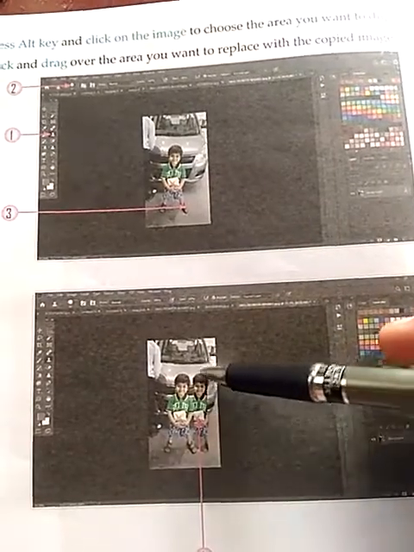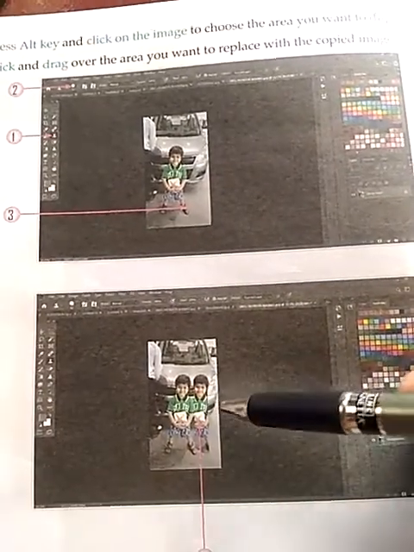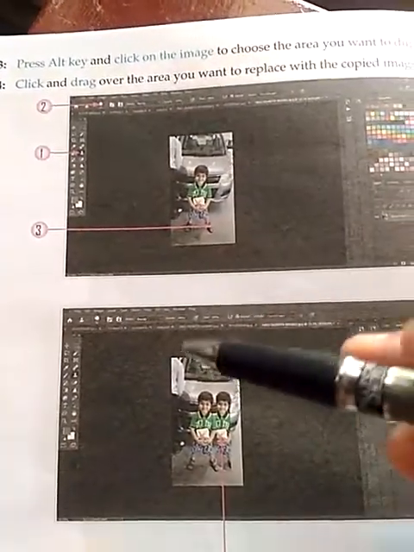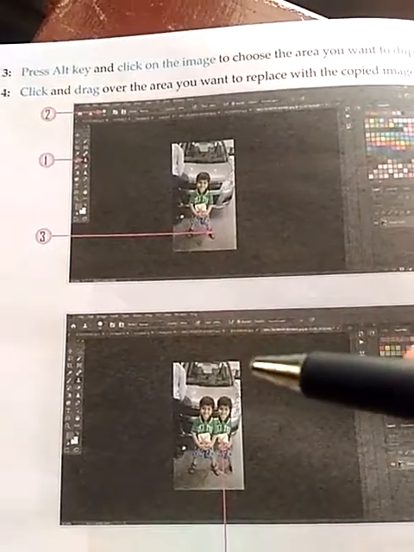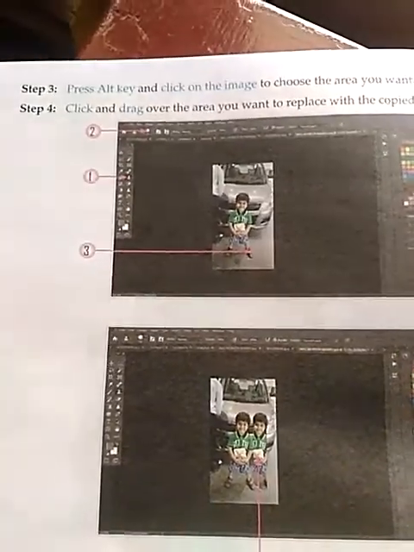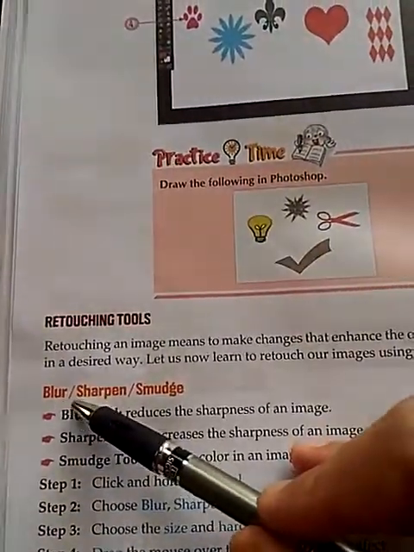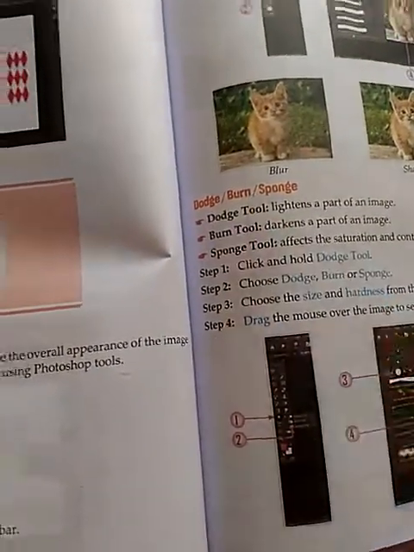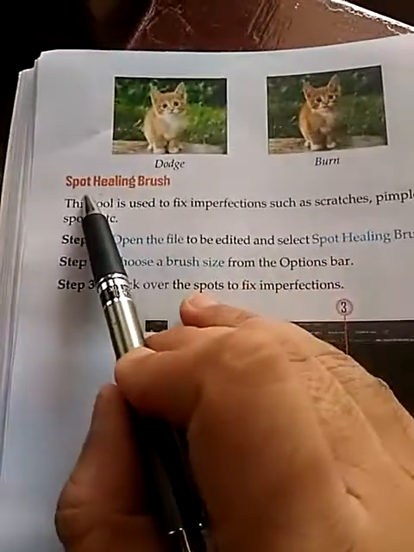So in this way you can have a clone of a particular image at a particular destination where we apply the clone tool. Now let us revise. These are the retouching tools. So what are the retouching tools? Retouching tools are blur, sharpen, smudge, dodge, burn, sponge, and spot healing brush tool.